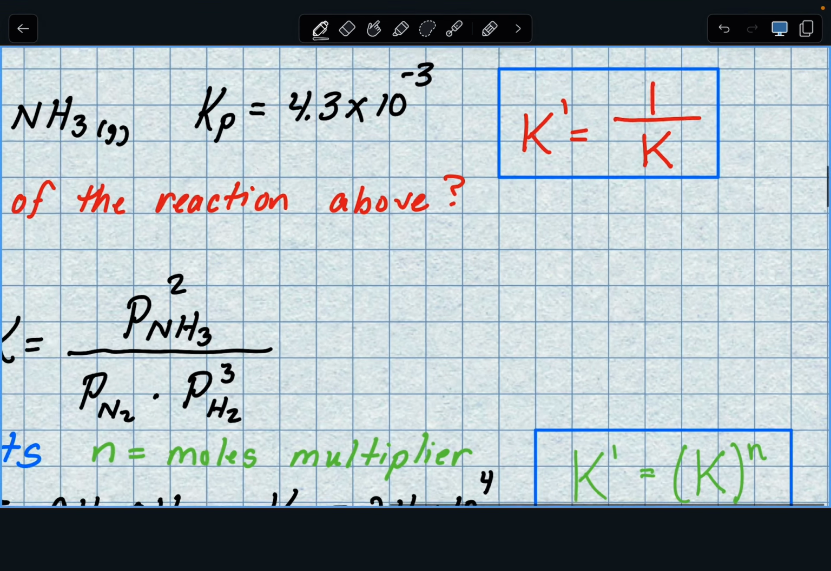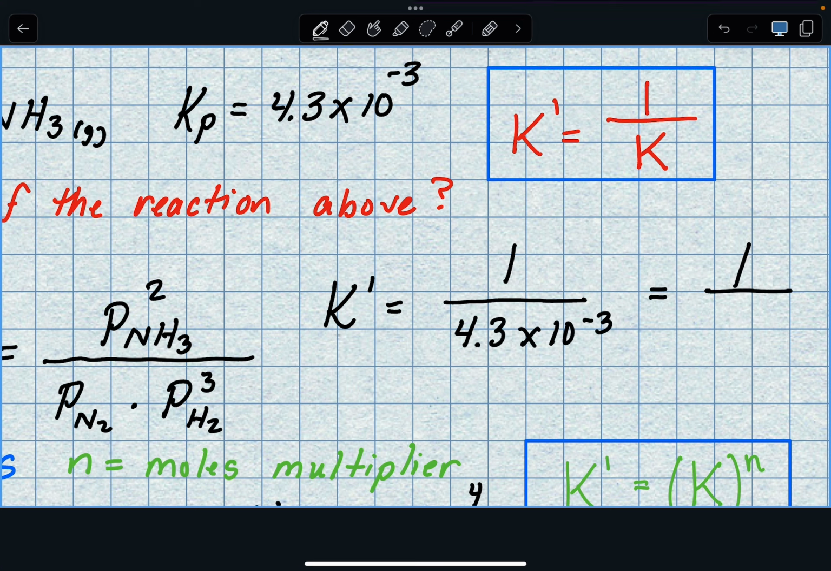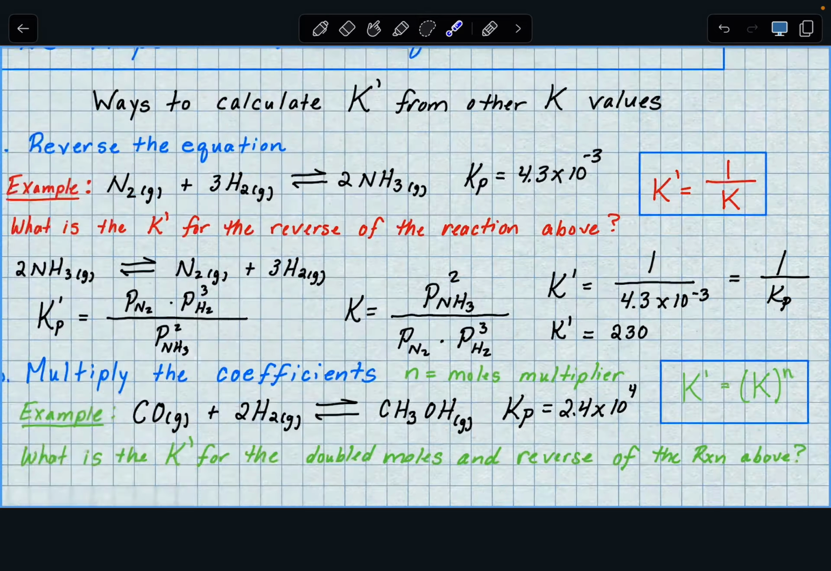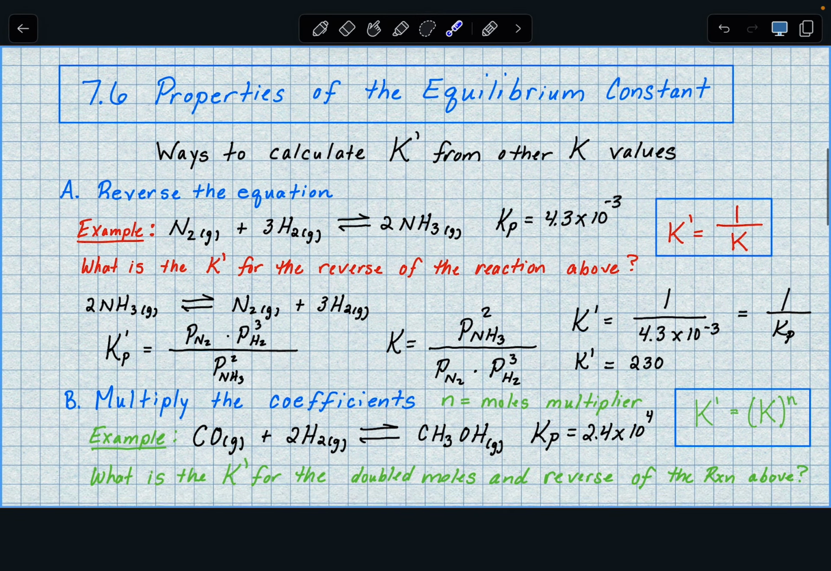So if the Kp value is 4.3 times 10 to the negative 3, our K prime value, and I'll just do the math over here, you can see that our K prime value is just going to be by taking 1 and then divided by the old Kp, which is 4.3 times 10 to the minus 3. So this is just 1 over the original Kp. And then this gives us the numerical answer of approximately 230 with just 2 sig figs. So it takes a reaction that is, we'll call it reactant favored, and then this one is product favored. And I have that in a separate video